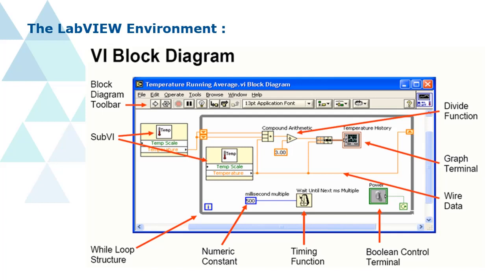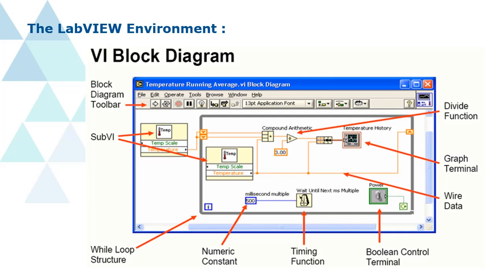In LabVIEW, you can draw a block diagram which describes the relationship between controls and indicators in your virtual instrument. You arrange these controls and indicators on the front panel. You interact with the front panel when the program is running. You can control the program, change inputs and see data updated in real time. Controls are used for inputs, such as adjusting the slide control to set an alarm value, turning a switch on or off, or stopping a program. Indicators such as graphs, thermometers, and lights display output values from the program.